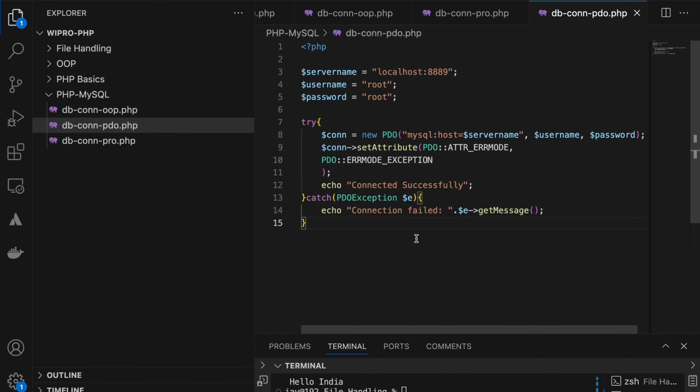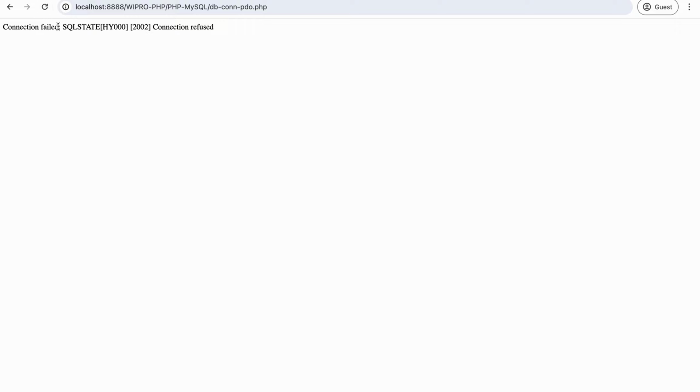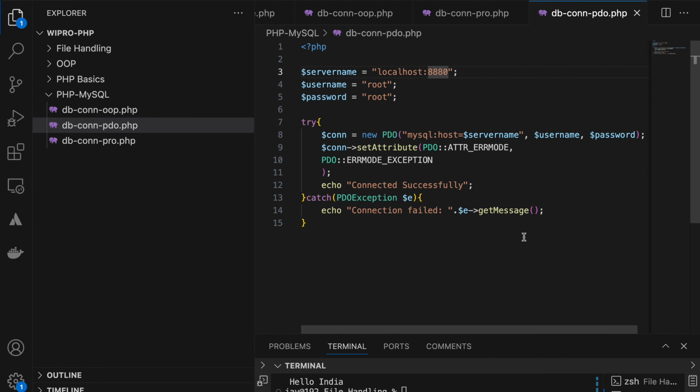Connected successfully, but if I'm changing the information, what am I getting? The exact message, whatever the exception is throwing, I'm printing here.